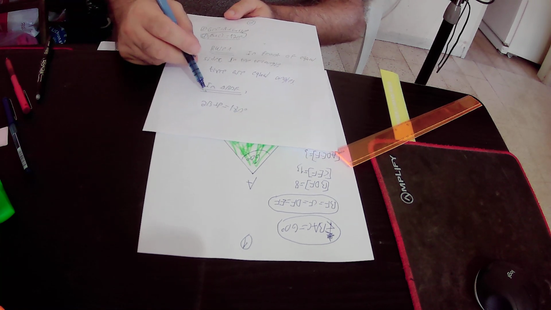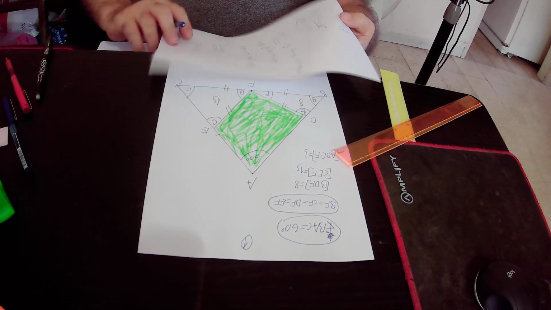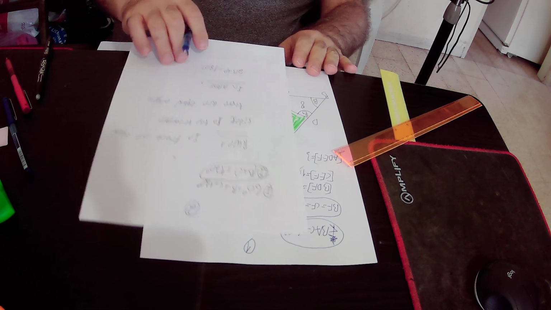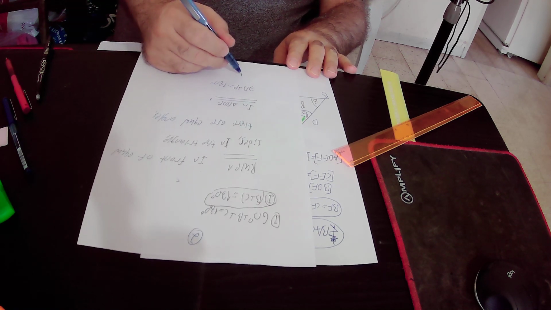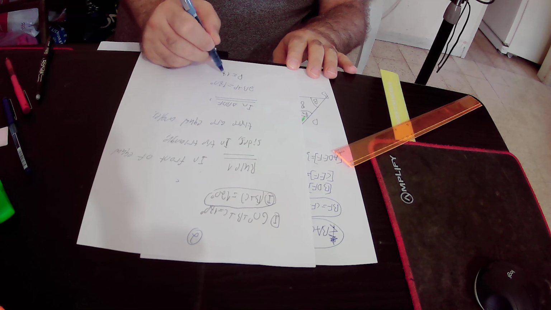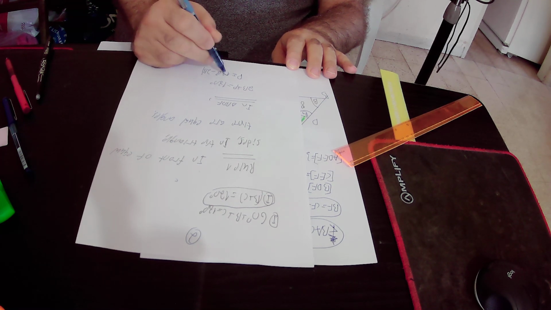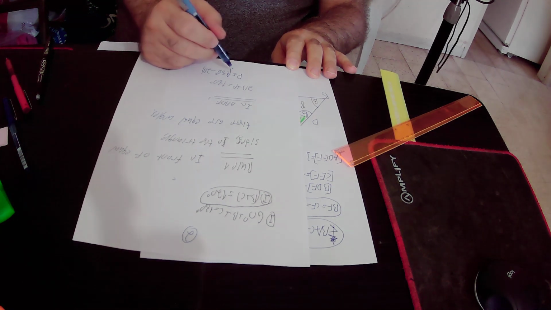Here we will subtract 2B from this equality, and we will get that P equals 180 degrees minus 2B. Okay,